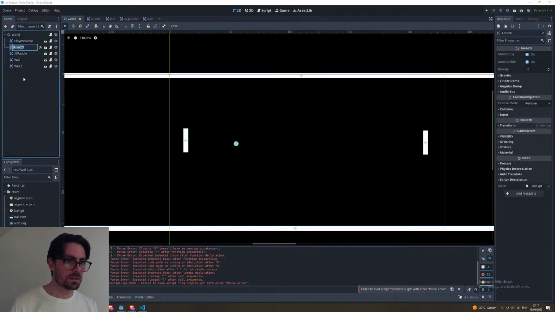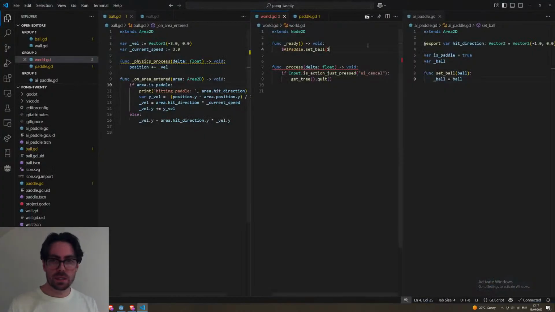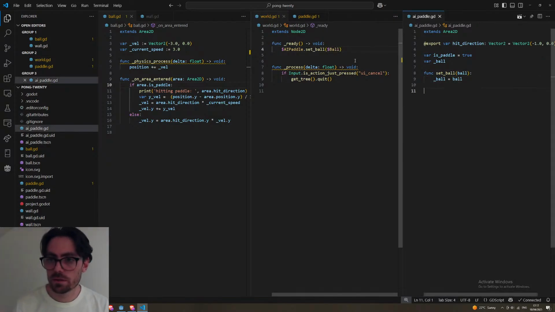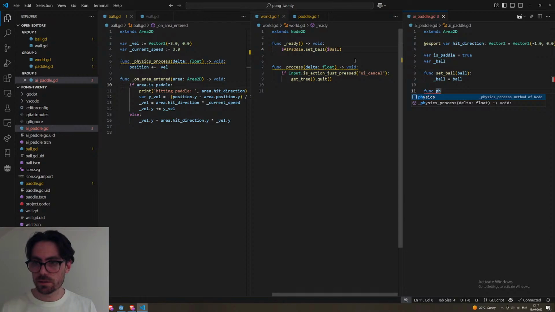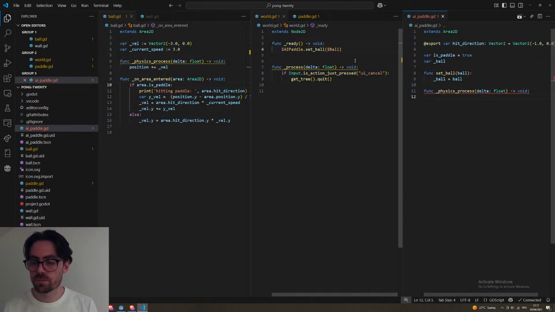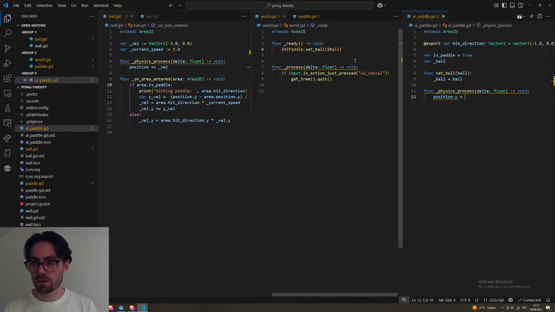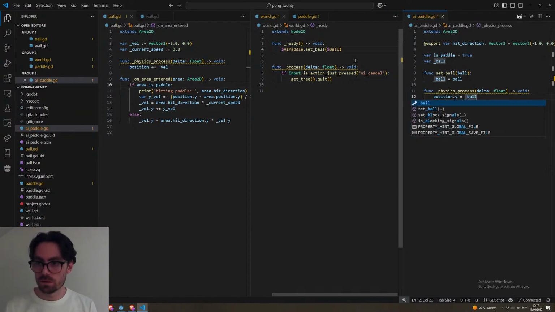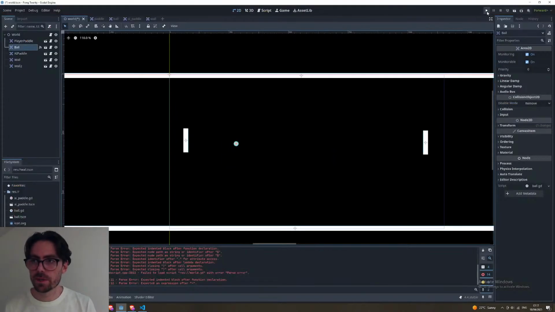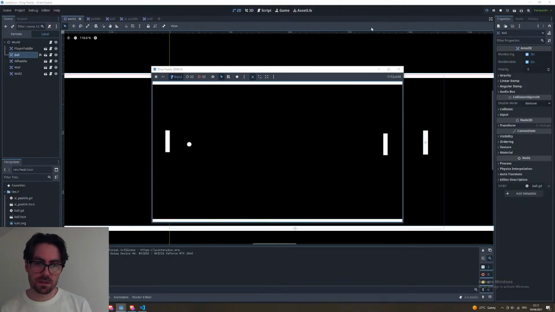Well, let's call this ball. There we go. And then in the physics process, we can just say that position.y equals ball dot position.y. And so that should basically just track the entire,